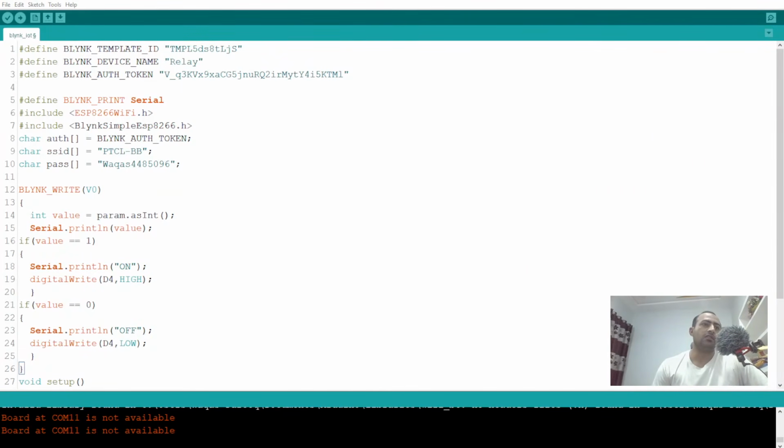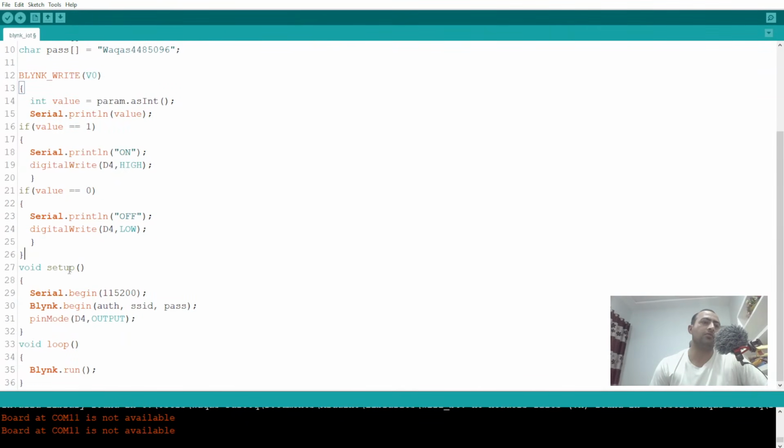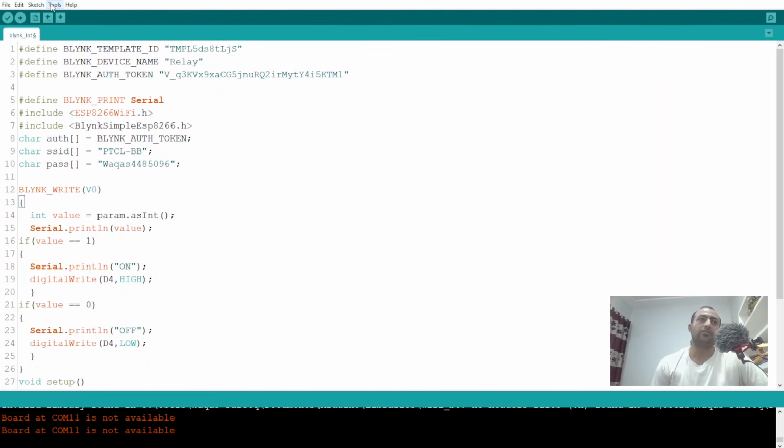So let's go back to the code. It's very simple code. If the value is 1, digital write pin 4 high. If the value is 0, digital write pin low. Okay, and this is the serial print code. And in void setup, Blynk.begin with authentication, SSID and password. pinMode D4 is output. D4 is our relay and it is configured as an output pin. And in the loop, Blynk.run. That's the simple code. And now I will upload this code, and I will also show the progress down here,